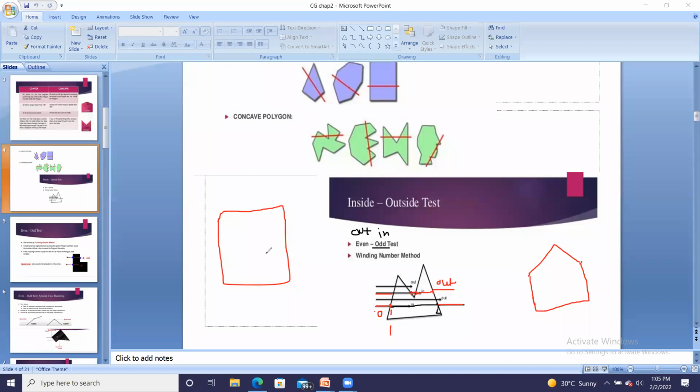So whenever the convex shape is there, there is no question of ambiguity or failing this even odd test. म्हणजे even odd test ही तुमची कॉन्व्हेक्स शेप साठी कधीच फेल होत नाही, पण कॉन्केव्ह साठी कशी फेल होईल ते बघूयात आपण. आता कॉन्केव्ह शेप